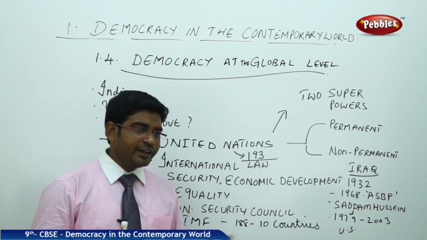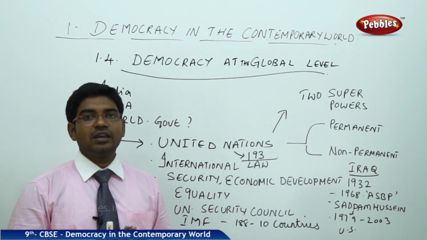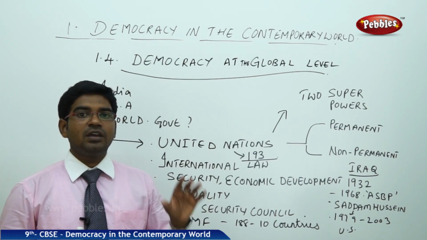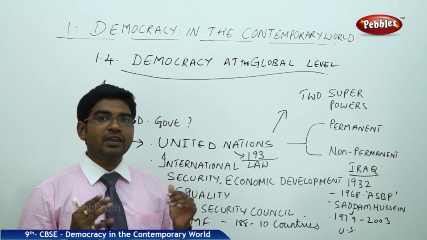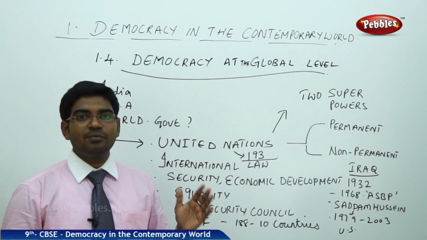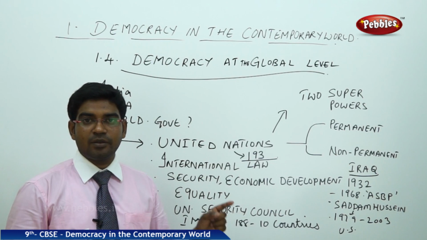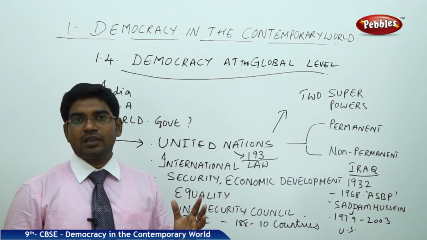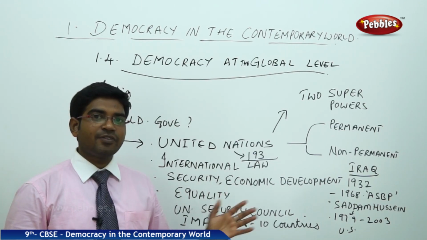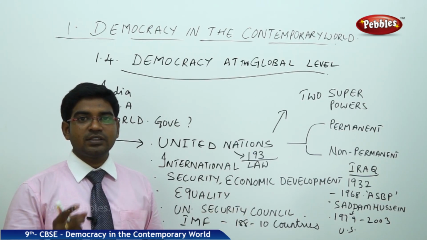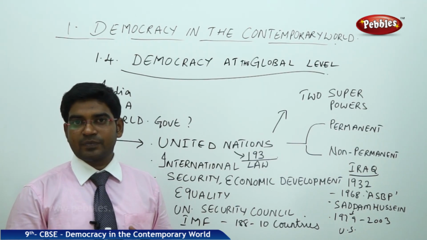But in 2003, Britain and the US raised an objection that Iraq had nuclear weapons. This was rejected by Saddam Hussein. When a UN team visited there and checked, they could not find any evidence. But still, the USA attacked Iraq in 2003 and finally dismissed Saddam Hussein's government and established an interim government there, which